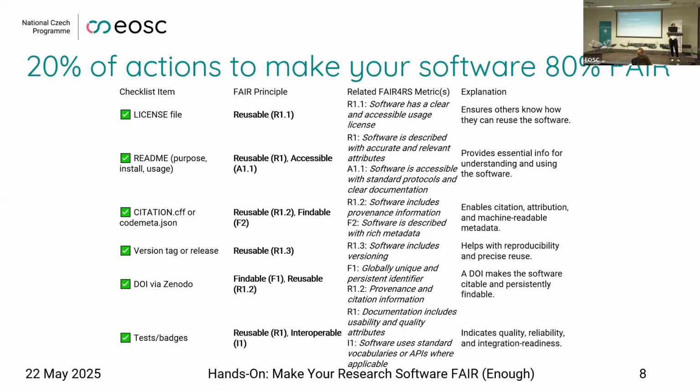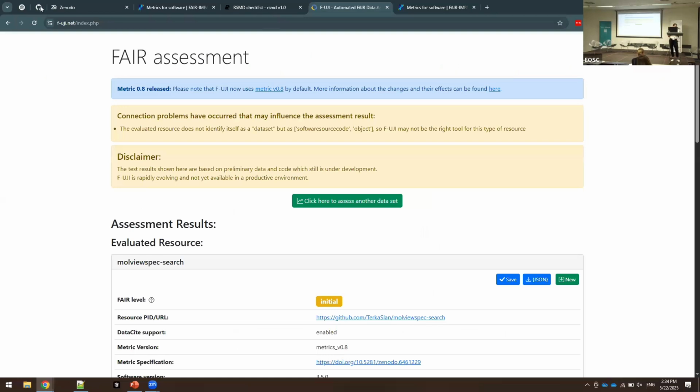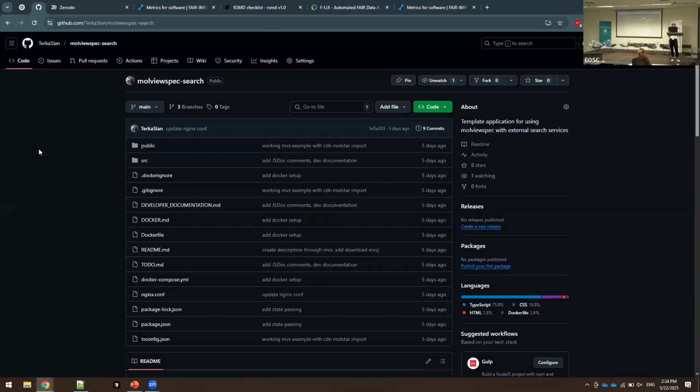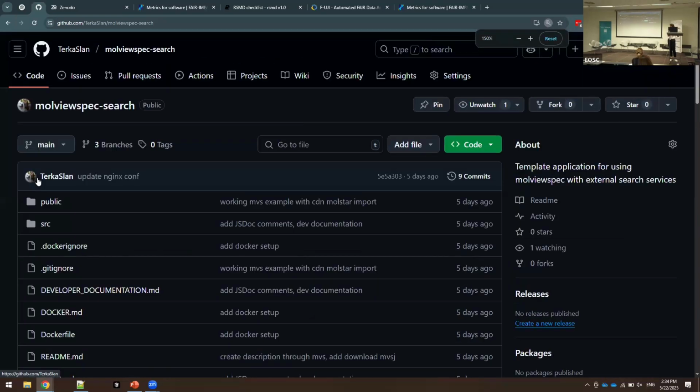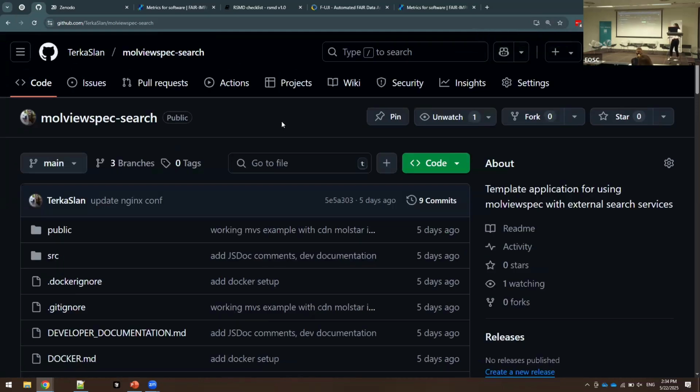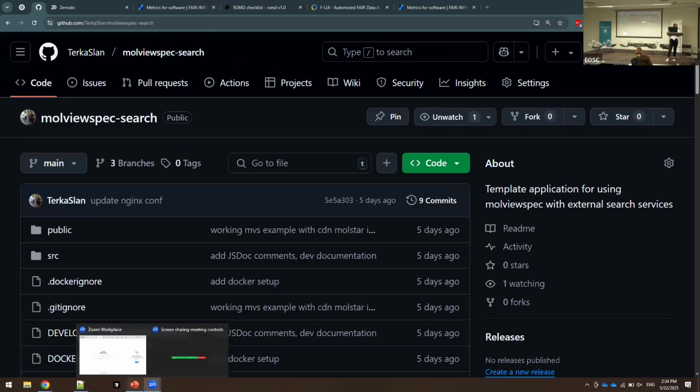So, okay, let's start. This is my GitHub repository. It's a web application that does something that's not important for this purpose. Let me try to enlarge it a little bit so that you can see it well. Is the text visible all the way to the back? More or less? Okay, let me try to maybe do this and we'll see. All right, so the first thing on our checklist, we had